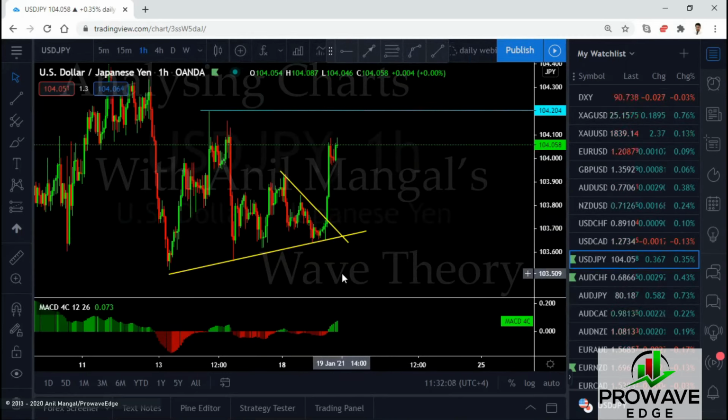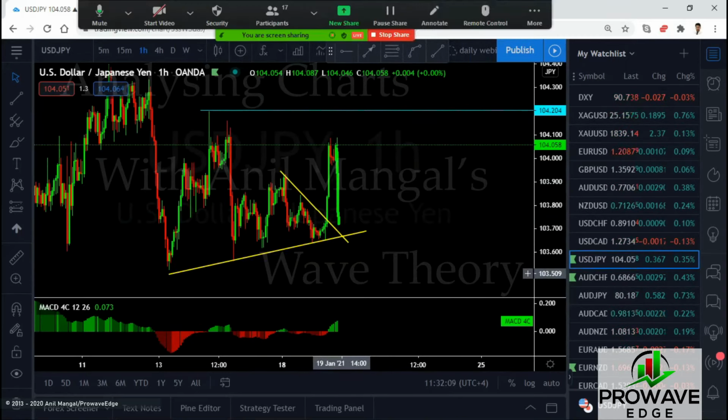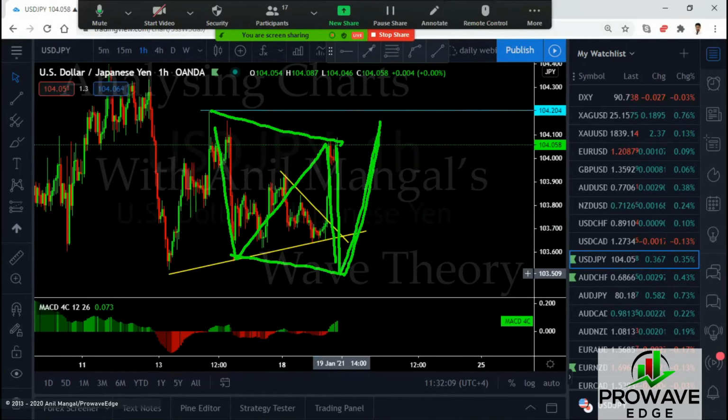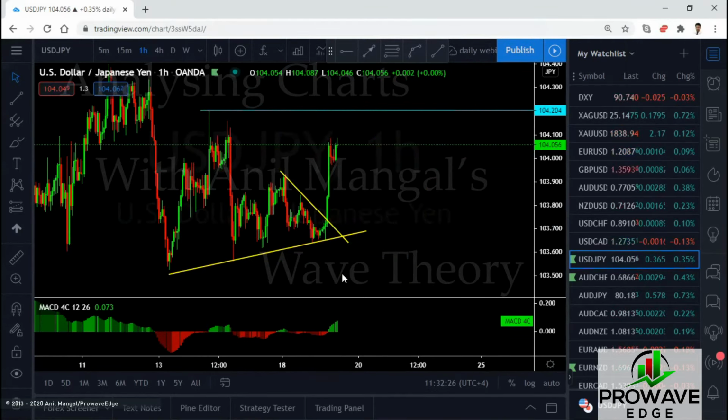Can it drop from this point again? Can it drop from here to this level and then go back up? Yep, that is possible if we look at this as the pattern. If we look at a 1, 2, 3, that is possible. Go back up there, give you this one, come back here, and then go. So it could get a little more complex, but once it consolidates in this range, and if you follow me for the whole two weeks, we might be able to get that trade, the bigger trade to the upside.